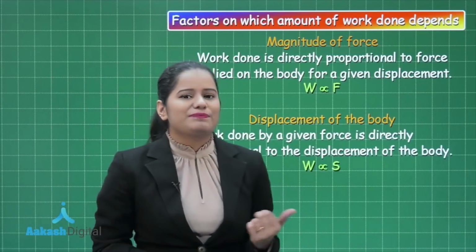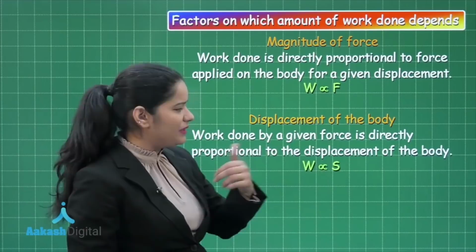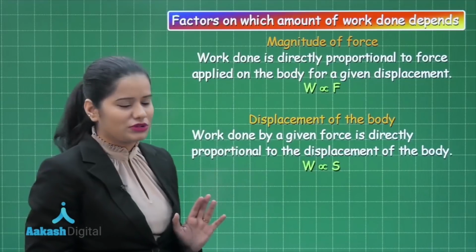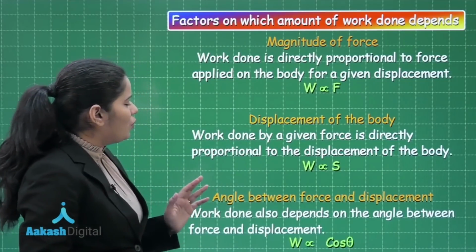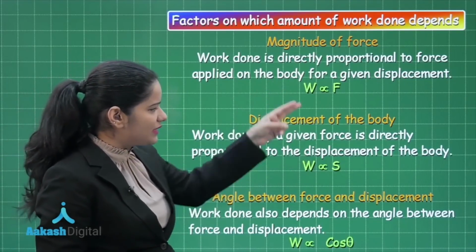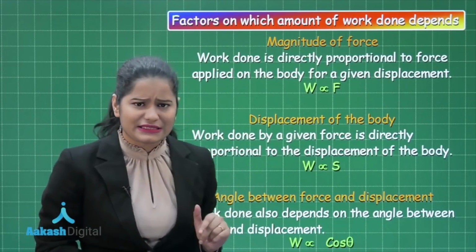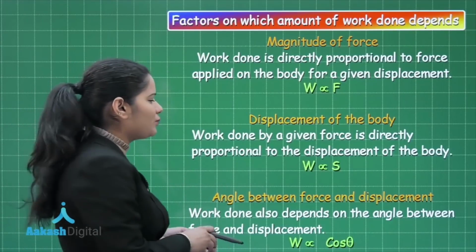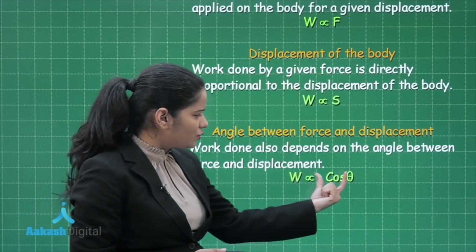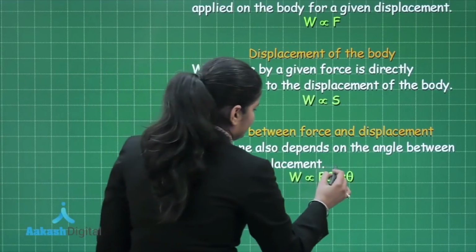It also depends on the displacement of the body. The work done by a given force is directly proportional to the displacement of the body. So more the displacement, again more the work, keeping the force the same. It also depends on the angle between the force and the displacement. These two things you have already seen on the previous board; here I have added one more thing. The work is proportional to cos theta. In other words, this can also be interpreted as F cos theta, which is